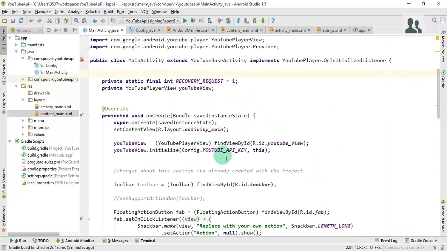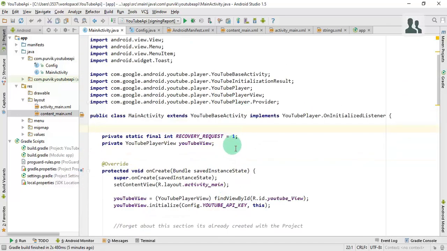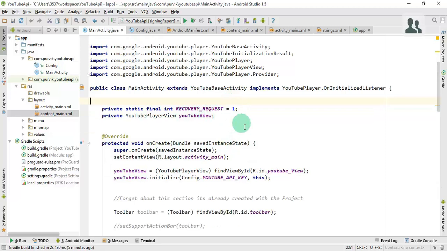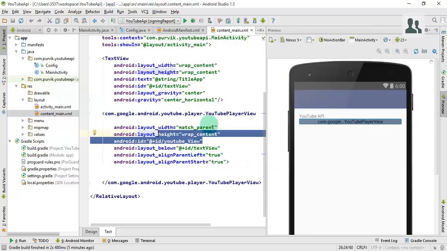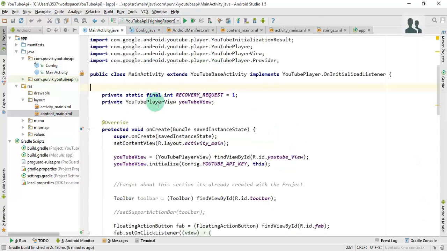Before this, you have to declare a final integer, the recovery request, used for retrying the initialization. And the YouTube player view that we have integrated inside our XML file, you have to display it here.